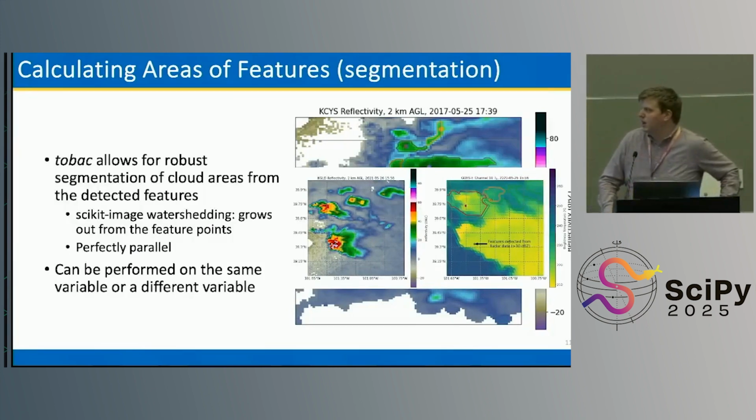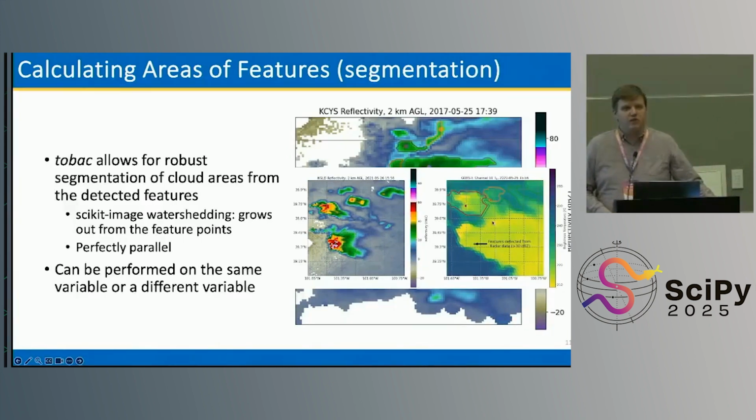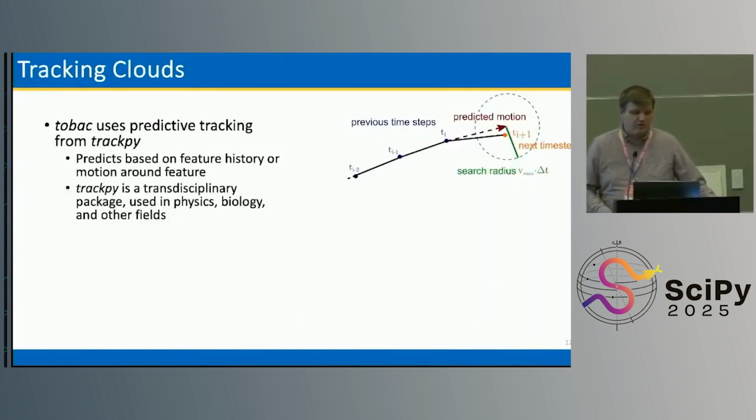And we can take one variable data set. For example, I've got radar data here on the left, where you're looking at those storms, the precipitation intensity we saw before. And on the right here, this is the same image, same set of storms looking down from space in geostationary IR. And we can do this on the same variable, different variables, different grids even, and pull together those statistics. So tobac really excels at data fusion problems across different atmospheric data sets or different gridded data sets.